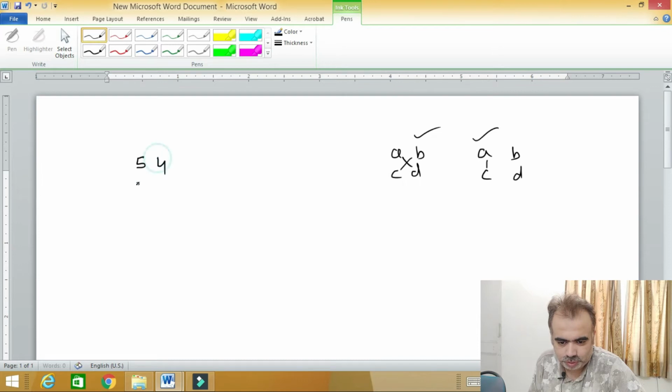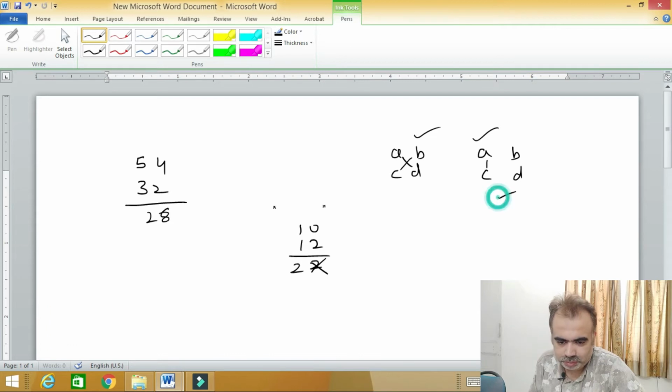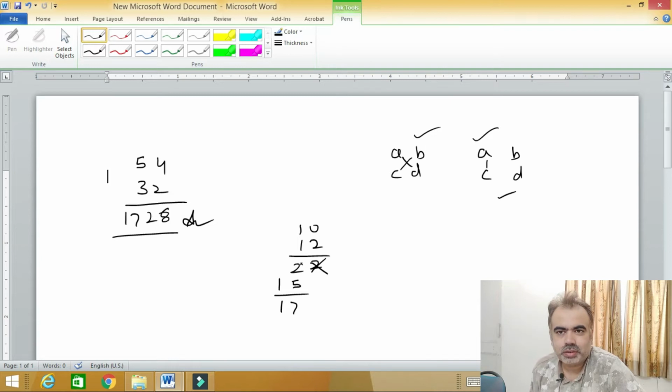Let us suppose we have to multiply these two numbers. To multiply these, you first multiply this 4 with 2, that is 8. Then you multiply these two numbers like this, 10 and 10, 12, 4 is a 12. So this will give you 22. You put 2 here and discard this, and further with this 2 you have to add this pattern, meaning multiplication of these two, that is 15. So this will give you 17. You write it here, this is your product. I hope you understand this, and this is very useful for you.